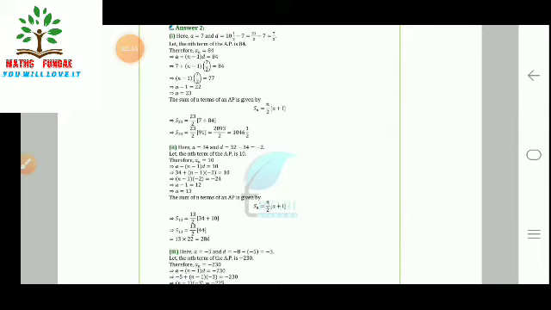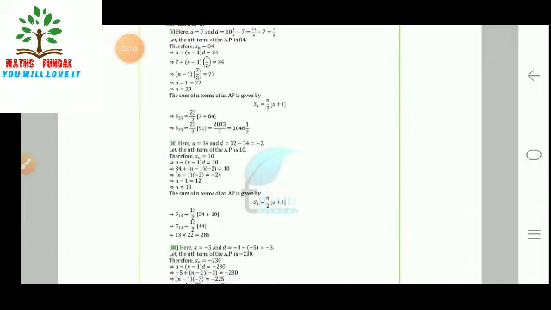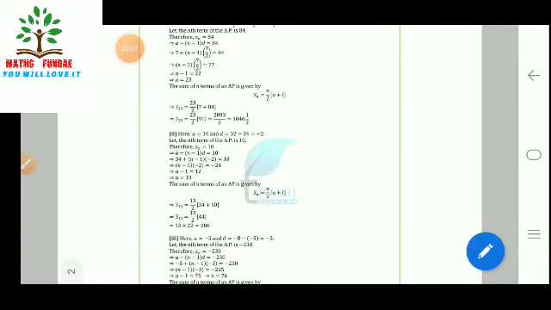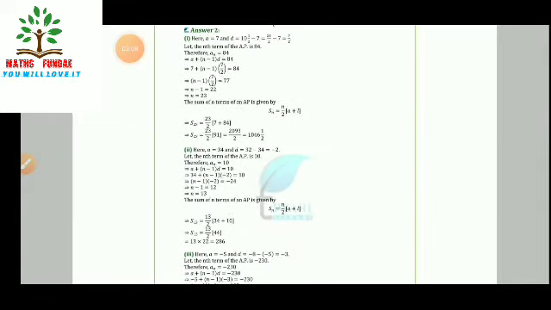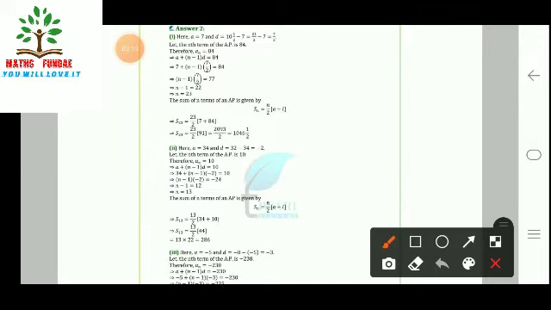So in question number 2, we can see in the first part it is given that a is equal to 7, d is equal to 10 half minus 7, that is 3 half, that is 7 upon 2. So we can see here easily it is 7 upon 2. Now after this we can see that the nth term of the AP is given as 84. So therefore an is equal to 84. Then the formula for an is a plus (n minus 1) into d, which is equal to 84. Putting the values, (n minus 1) into 7 upon 2 is equal to 77.